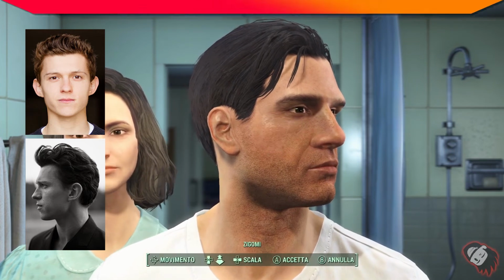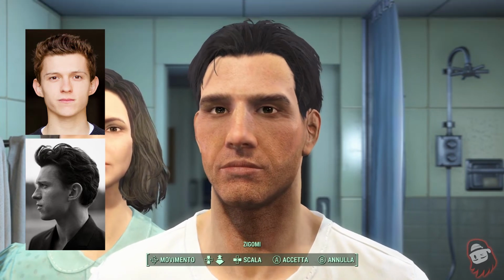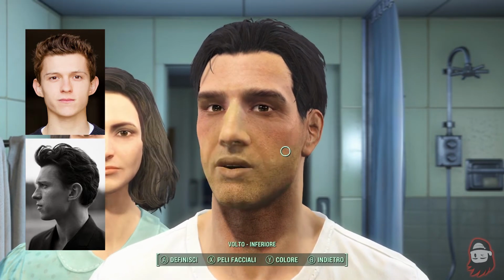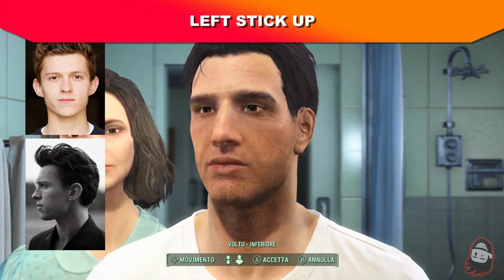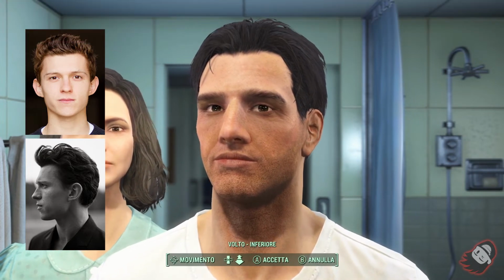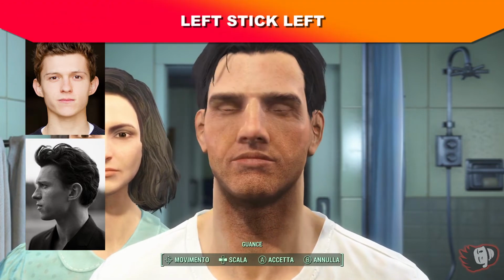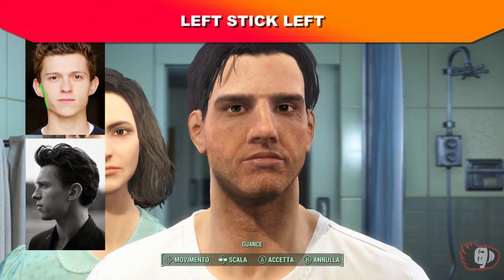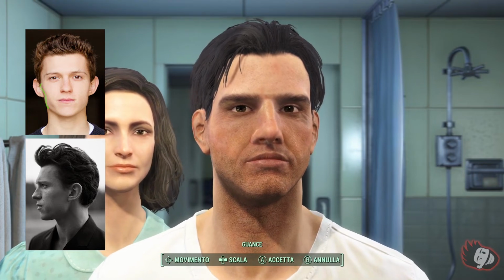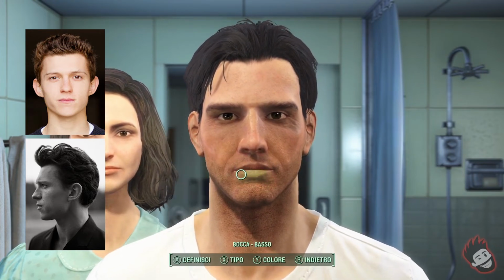The cheekbones need to be a little bit visible, but nothing excessive. Make sure to look at them from multiple angles. Placing the cursor in certain parts of the cheeks allows us to pick the entire lower part of the face. Make everything as short and as small as possible. Also try to get the cheeks a little bit on the inside to recreate this little wave on Tom Holland's face.